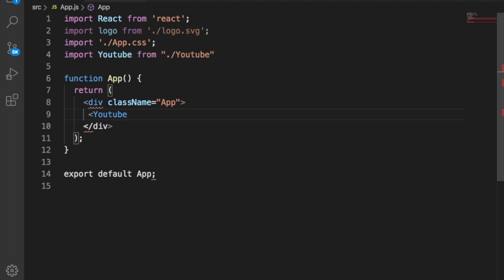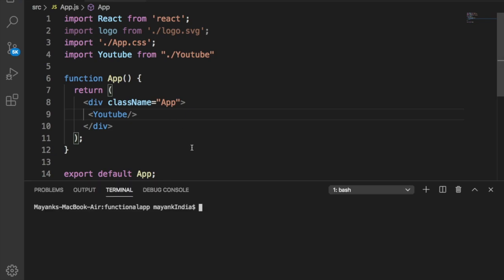As I told you, you can just nest components inside components. Like we have this base component, or you can call it a root component, inside which I'm going to import this. Okay, so now just save this file and let's open the terminal and write npm start so that we can start our project, and let's go to the browser to see what we have finally made.